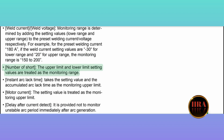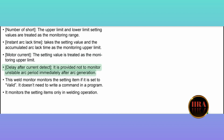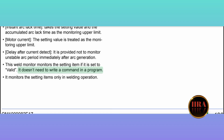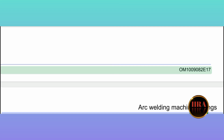Number of shorts: the upper limit and lower limit setting values are treated as the monitoring range. Instant arc lag time: takes the setting value and the accumulated arc lag time as the monitoring upper limit. Motor current: the setting value is treated as the monitoring upper limit. Delay after current detect is provided not to monitor the unstable arc period immediately after arc generation. This weld monitor monitors the setting item if it is set to valid. It doesn't need a command in a program. It monitors the setting items only in welding operation. Arc welding machine settings. 194